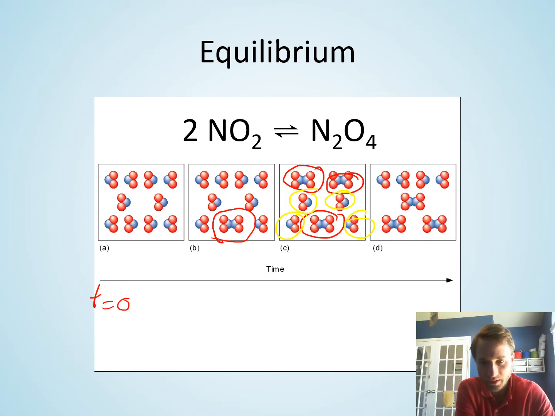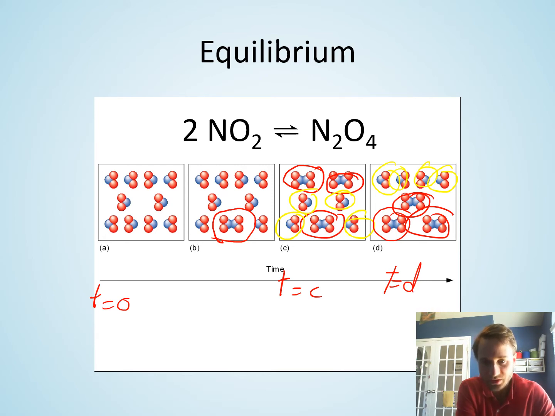As time goes on, once this reaction has reached equilibrium, I'm still going to have 3 N2O4s and 4 NO2s. But you see, the atoms that make up the N2O4s and the NO2s have changed over this time. What we'll be talking about in this video is the idea that this reaction hasn't stopped from step C to step D, at time T equals C and then time T equals D. The reaction is still going, but